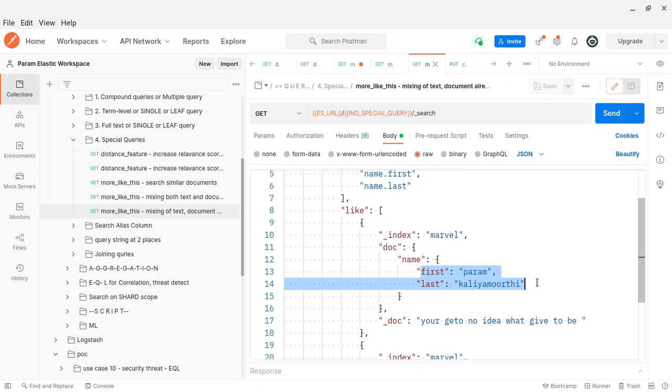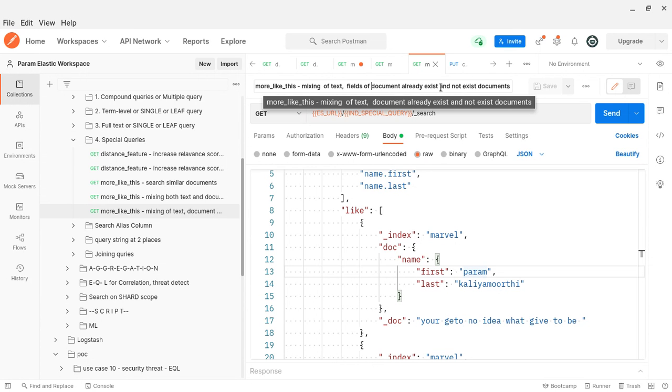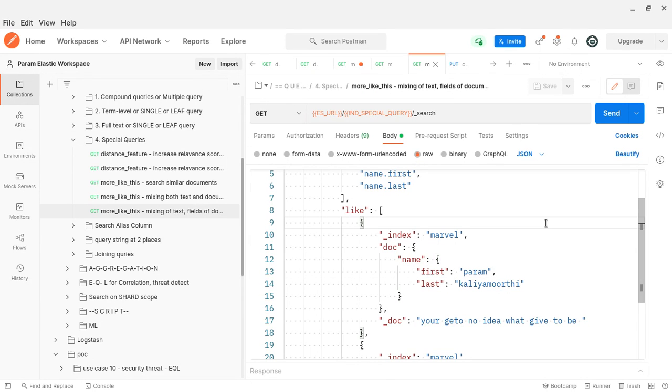You identify those documents in the index, by first name and last name, and you identify documents for this query as well. This is a field I am giving, I am able to give the field. So it is a mixing of text, documents and fields, fields of documents that already exist, and non-existing documents, that can be okay.